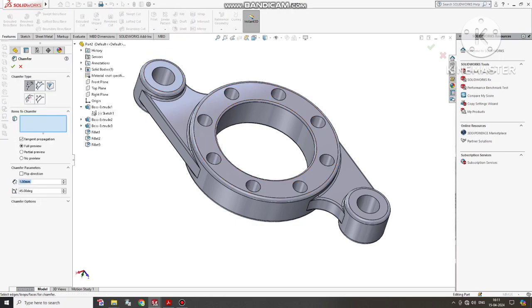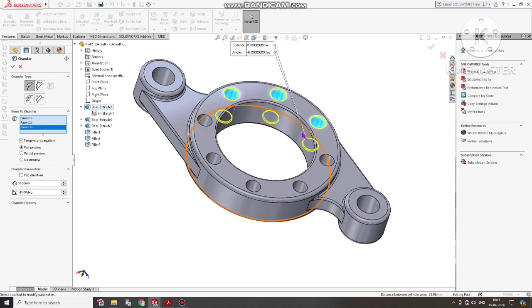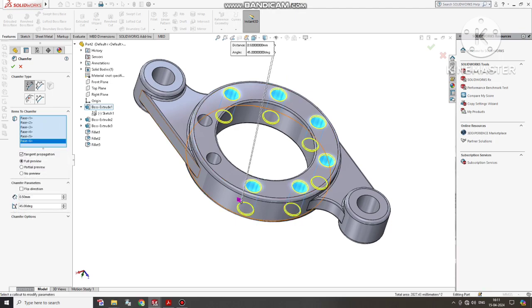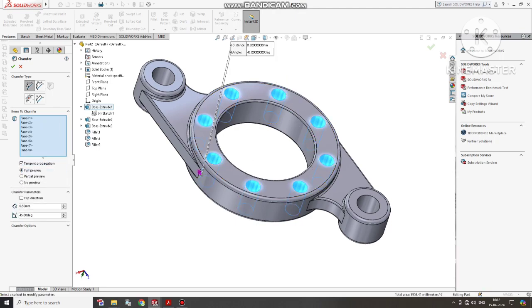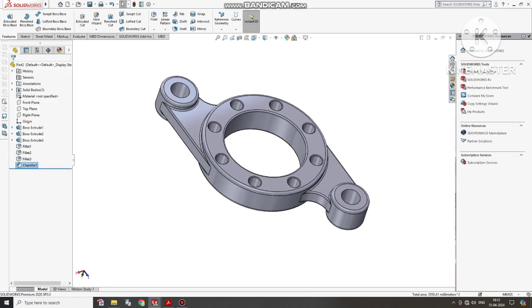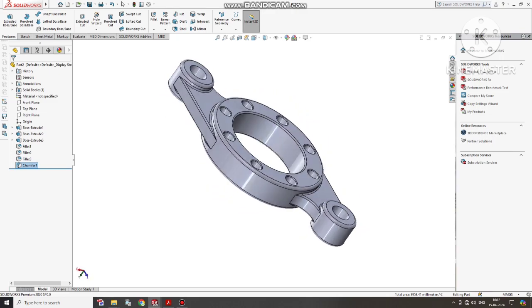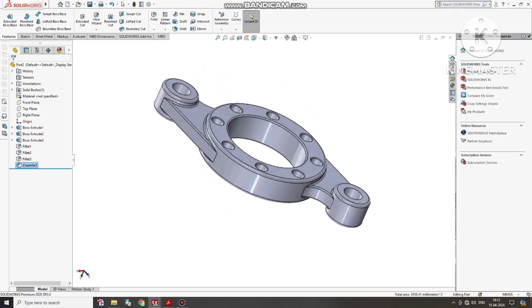So here it's time to make the chamfer. So we will keep 1 mm at 45 degree. So first we create 0.5 to this smaller bolting portion. So we will keep it 0.5 mm at 45 degree. So we select this face, so it will be selected on both sides. So it takes very little time to select. So look,